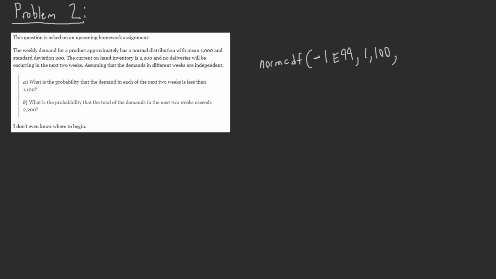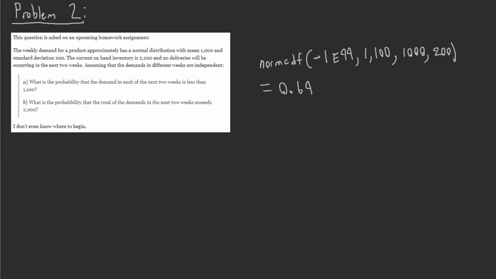And here we have a mean of 1,000 and a standard deviation of 200. And so this will give us the probability of the demand in each of the next 2 weeks being less than 1,100. And if you plug this into your calculator, you should get about 0.69. And so there's about a 69% chance that the demand in each of the next 2 weeks will not exceed